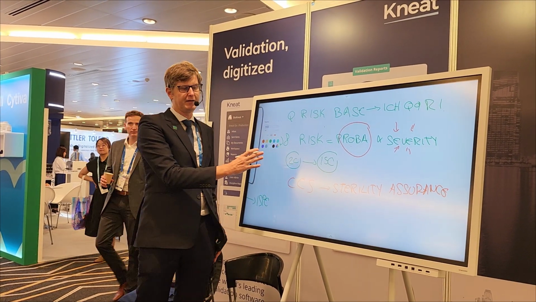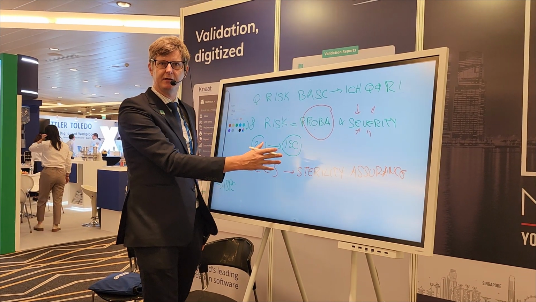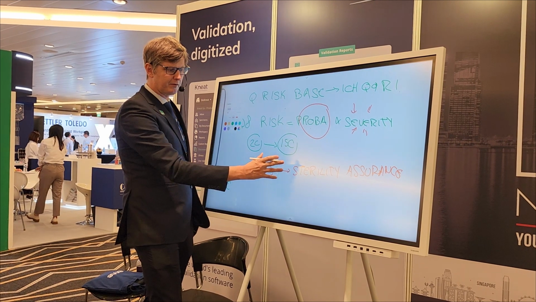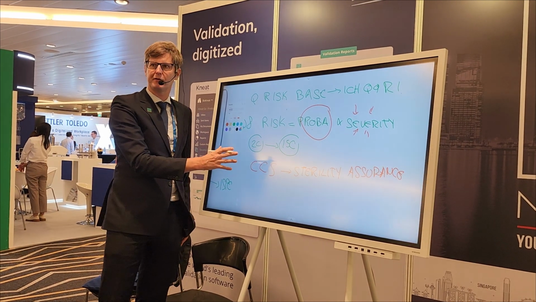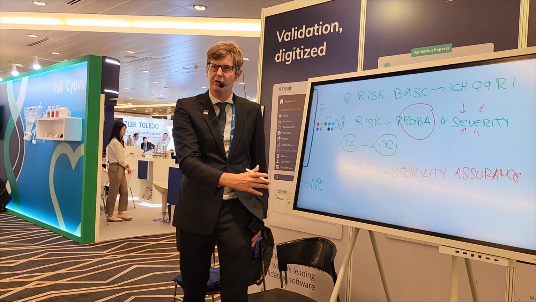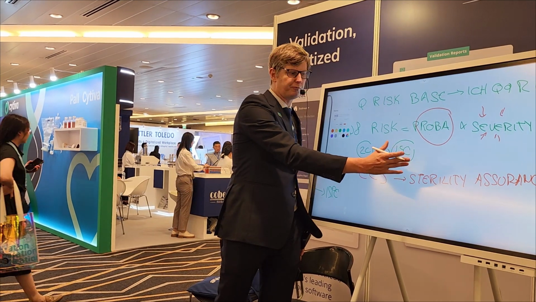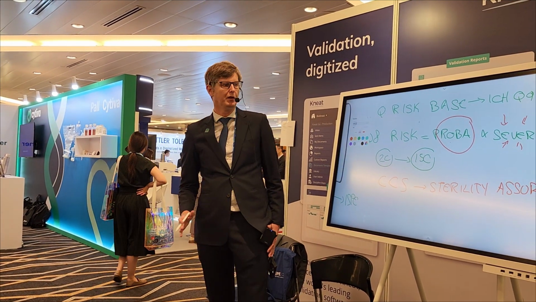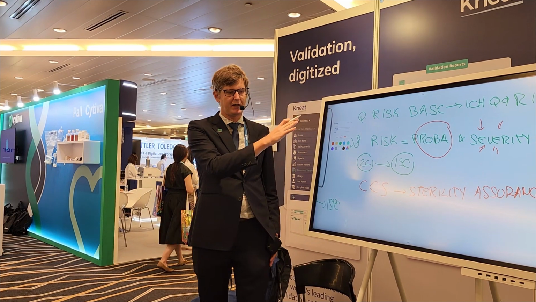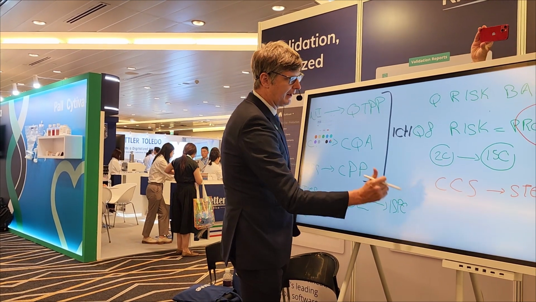So Annex 1 is renaming it, and it doesn't only talk about sterility, but obviously sterility assurance is a subset of your contamination control strategy. So if you need to write that new document, you already generally have a good basis to start with your sterility assurance program. So that is how ICH Q9 can help you to apply the new Annex 1